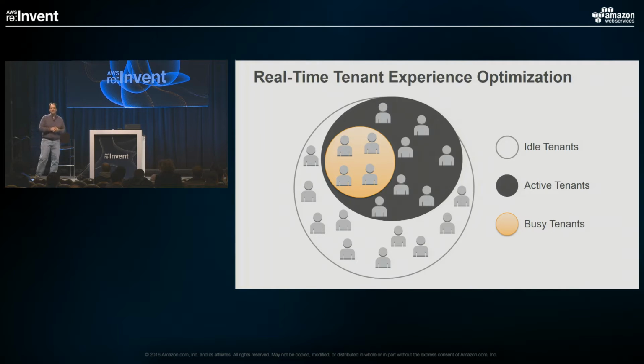And then somewhere within that subset is this group of tenants that I call the busy tenants, right? And these are the tenants who are truly actively using my system, and they're pushing the boundaries of the system, they're forcing scaling events, they're imposing heavy load on the environment. And when I looked at this data and I looked at the behaviors of my tenants in this state, I realized that when I go to apply an experience optimization, when I try to provide my tenants a better experience, I don't really have to have a solution that spans all the tenants in my environment. If I can somehow just target the busy tenants and bring better performance to those tenants in real time,